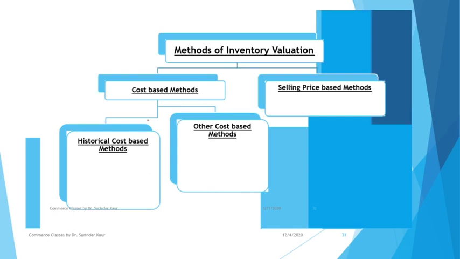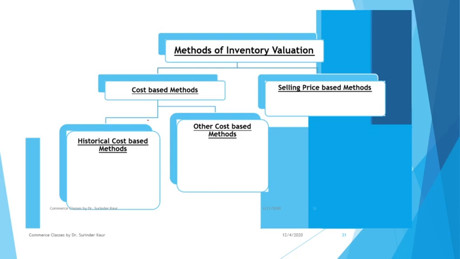Like when we buy inventories, the price that we pay to buy them is called the historical cost or purchase price. Why so? Because this is what has happened. You purchased at the price and you bought the goods. So this is the historical cost, right? Whereas we may have certain other cost concepts. You might have studied these concepts in your economics also, like replacement cost, current cost, standard cost, etc. So we have these methods also for inventory valuation.